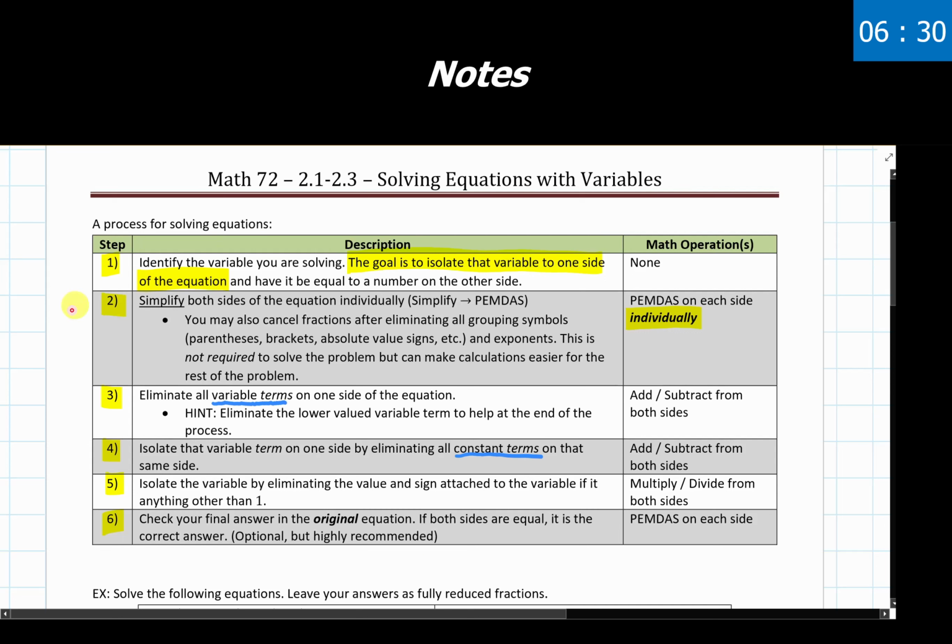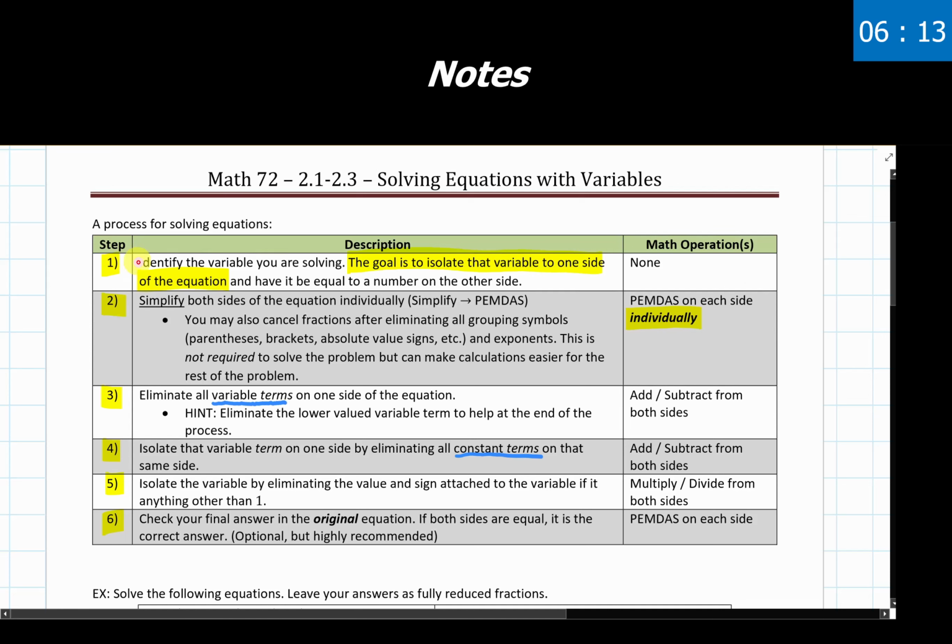I would recommend, as necessary, pausing the video and writing the descriptions of each of the steps down for yourself. That's why it's up here and on display for you. So use that as much as you need to. But let's dive into each of our steps as we're going through them.